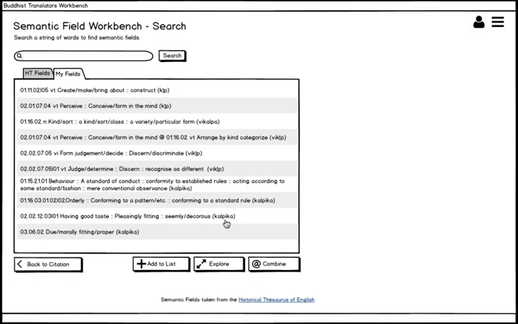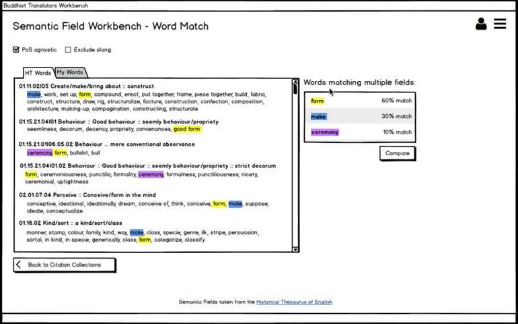To successfully render the pun, we need to find an English word that matches as many of these fields as possible. Here's where the English words listed in the historical thesaurus are especially useful. Let's select all of our semantic categories and retrieve the words that the historical thesaurus assigns to them, and find which words match multiple semantic fields. Among them, form occurs most frequently and occurs in both the semantic categories pertaining to the mind and those pertaining